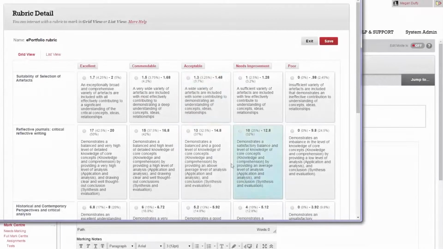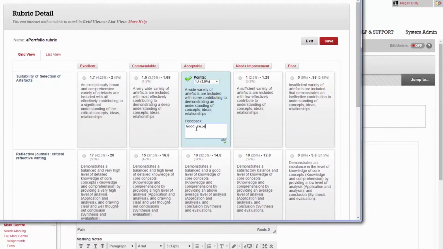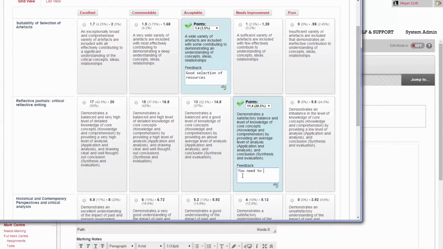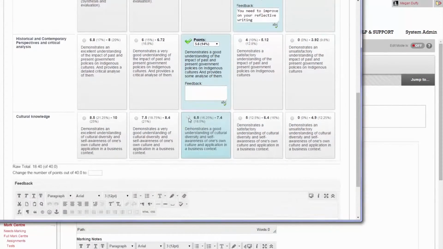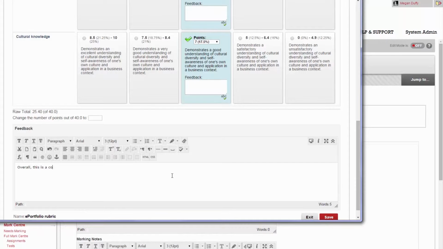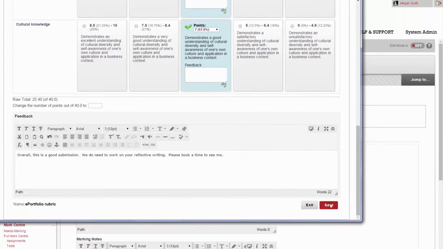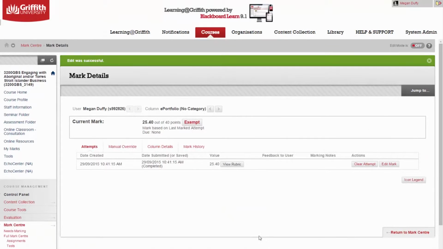With the current version we're using for e-portfolios, we're able to use a Blackboard rubric and attach it to the Mark Centre, so that when Kerry marked the course, she was able to select each criterion that suited, which automatically calculated a score. When the students went to My Marks to see what score they got, they also got a really neat rubric which gave them a clear descriptor of why they got a certain score, and each criterion had feedback as well. So it closed the loop on the full experience for the students.